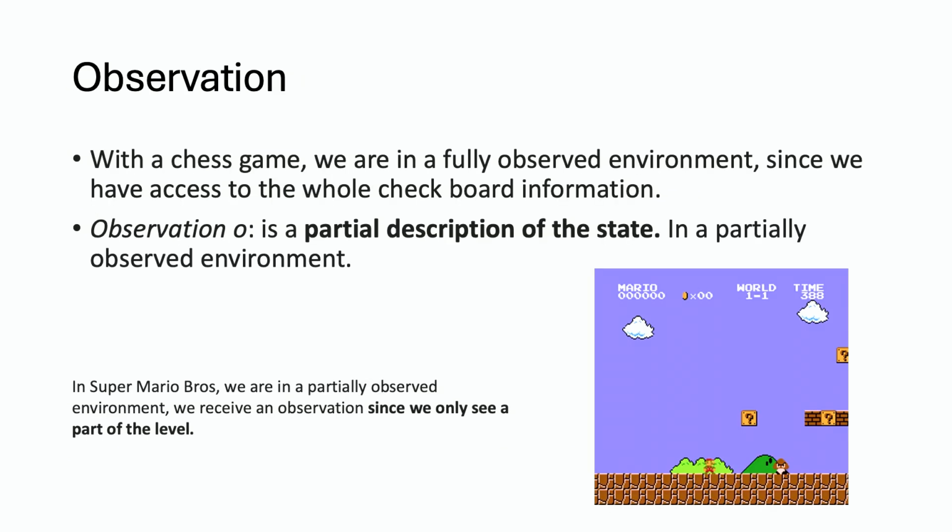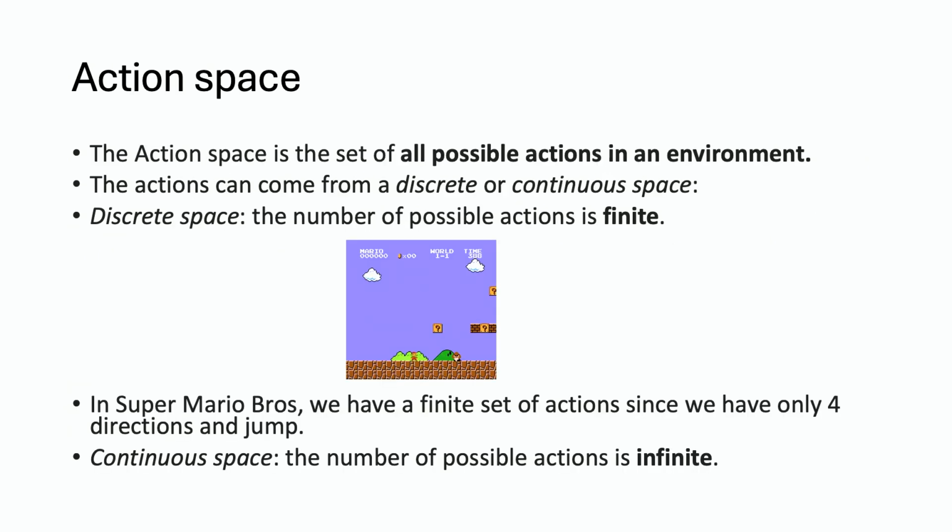So here we talked about observation. We can observe our environment, and also the action space. It's all the possible actions that we can do. So for our agent, we should define all the possible actions which we can do in this environment. We should define clearly what we can observe and what we can do as an action, and what the rules are, what kind of actions will provide us a good reward. If we define these things, we can train these reinforcement learning